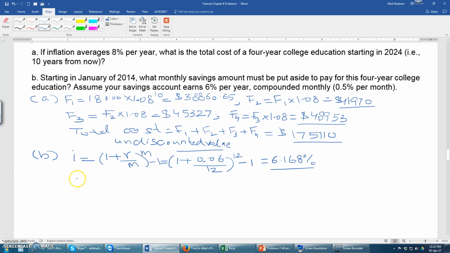So the future worth of all of these four values is equal to the future worth of the fees. The first value is 38,860 multiplied by 1.06168